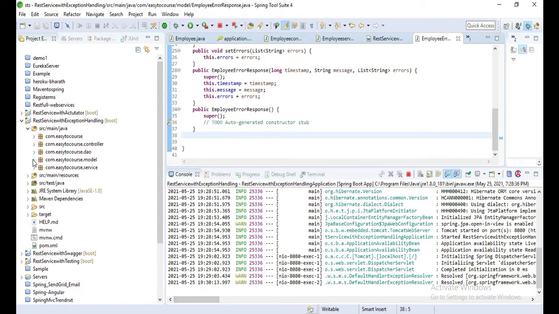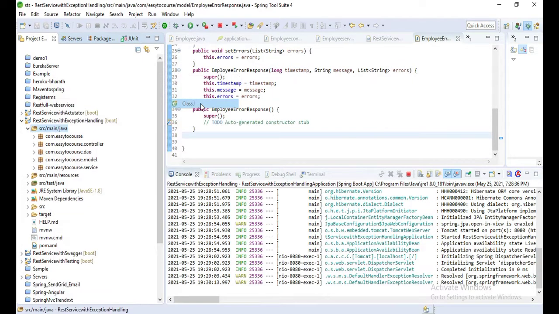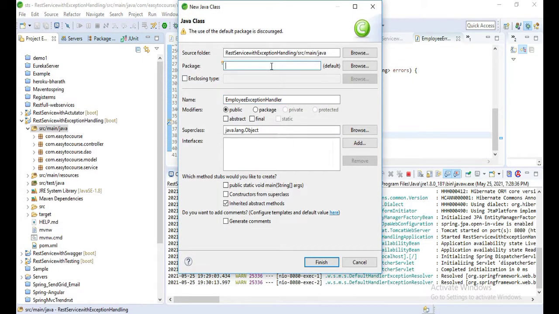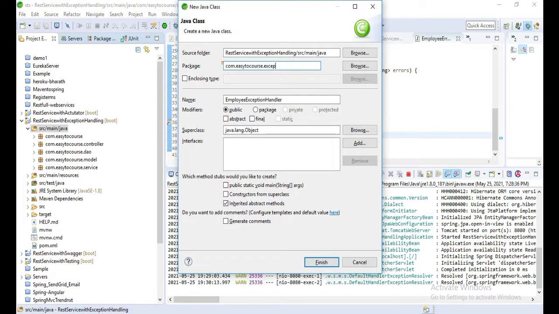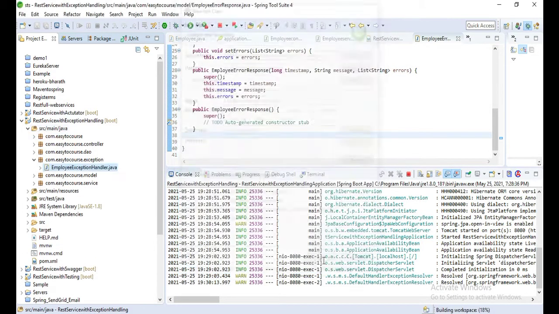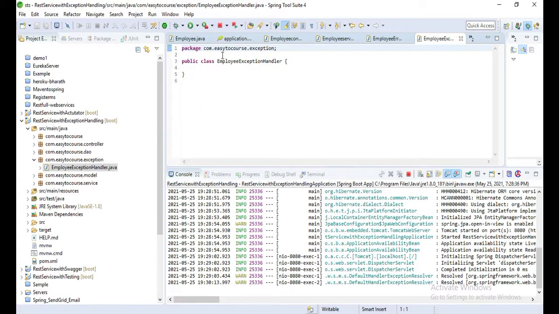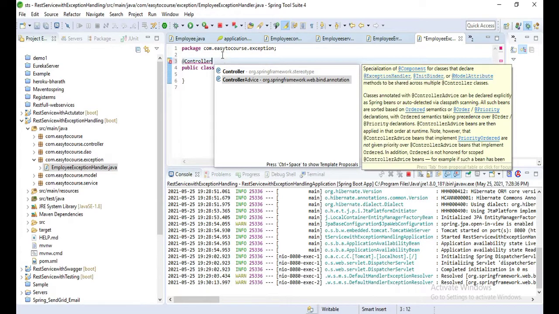Okay, created. Now let's create one more class, called the exception handler class, to handle all those exceptions. Creating another package, exception. Okay, and finish. Now we need to annotate it with the @ControllerAdvice annotation, so that it will handle all those exceptions occurring in our application at the controller level.